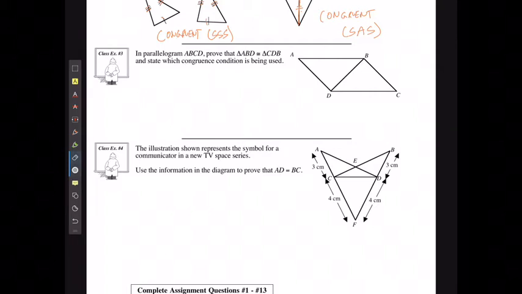We know that because this is a parallelogram, this has to be parallel to this, and this has to be parallel to this. If I know that that is true, then I can say, to start it off,